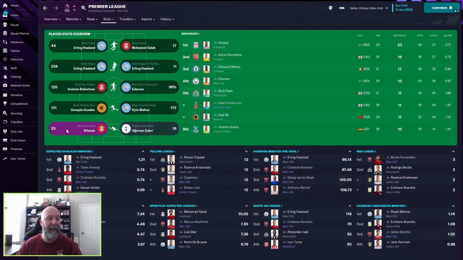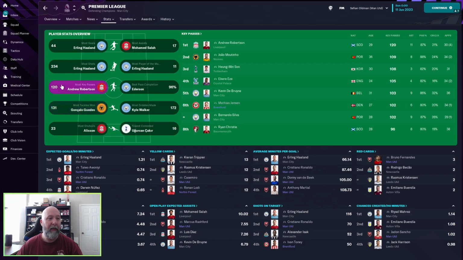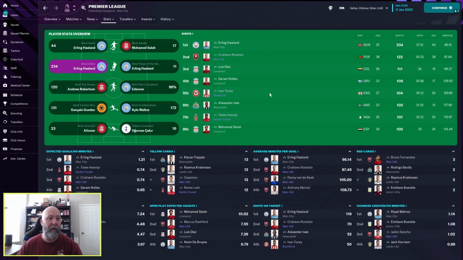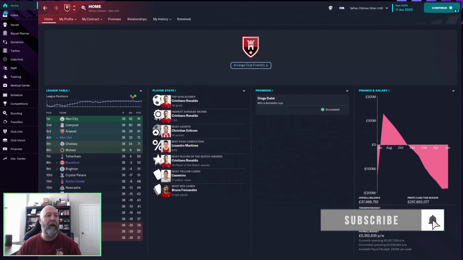Nothing in the fewest conceded. Most shutouts is Dean Henderson with 11 shutouts. So pretty good there. Damsgaard with 101 most tackles won. Most key passes is Matthias Jensen. Most shots, you've got Ronaldo, Toney, and Iwonyi there. Nothing unexpected from that. And then as we finish out, as we always do, top goal scorer in all competitions,